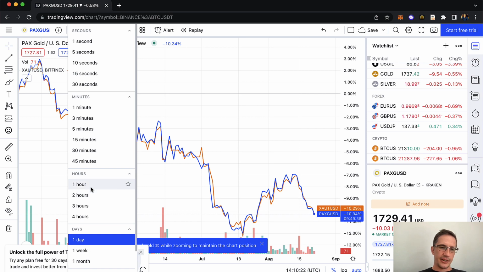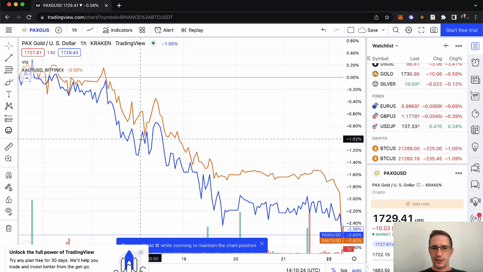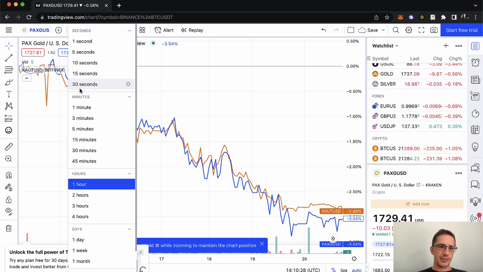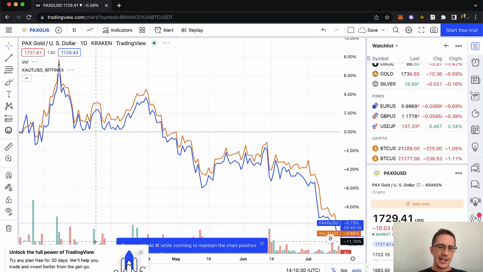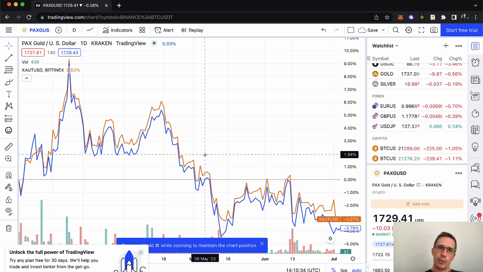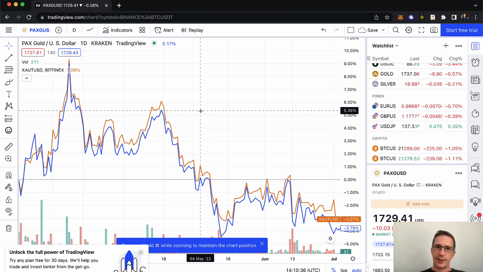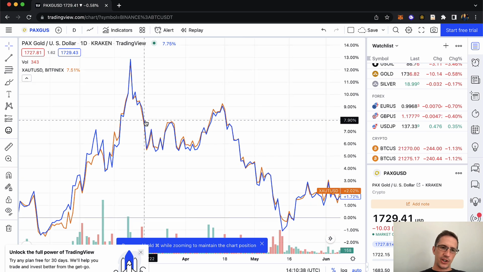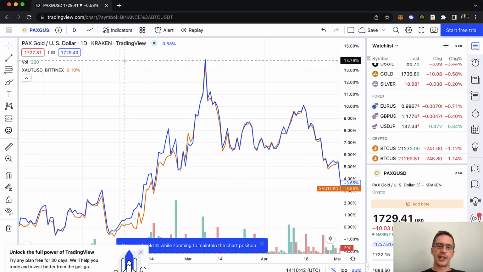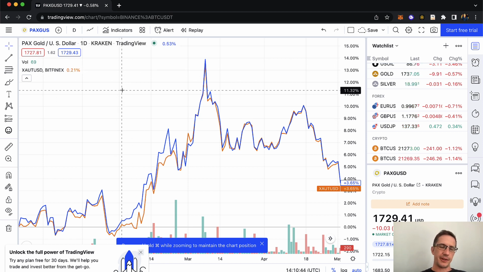So let's look at, I don't know, a 1 hour here as well. And there again, we can see these divergences and convergences, etc. I'm just going to switch it back to daily for now because I'm not going to go too much into detail. What I want to do is just point this out. I haven't spent much time on it, but I wanted to get a video out to show you. This looks like a pretty good trade, and we're going to go and backtest it together shortly to find out.